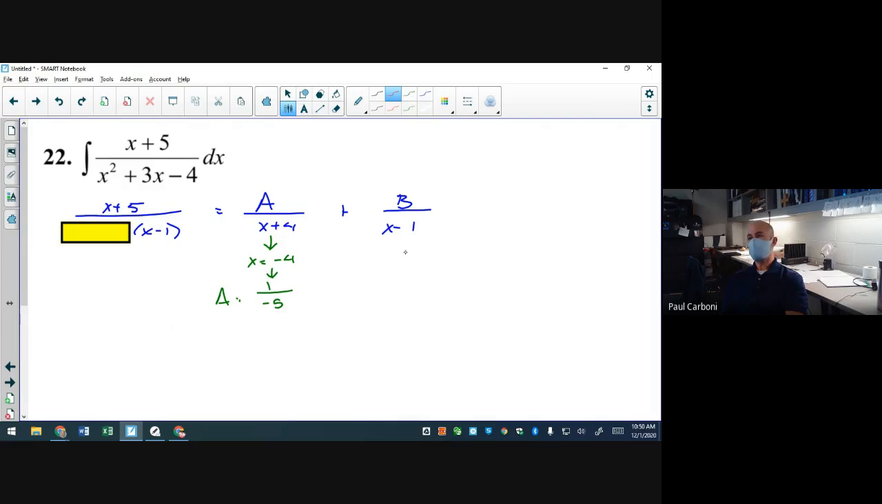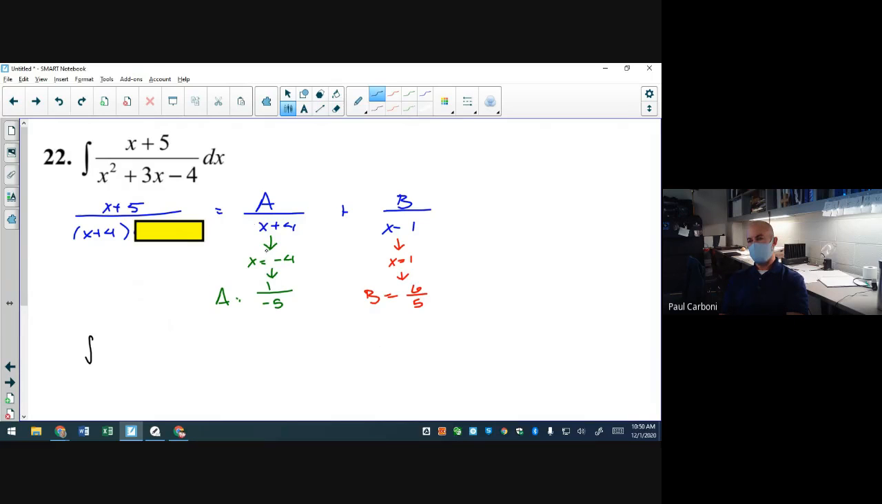Repeat for B. x equals 1 makes the factor under B equal to 0. So I go back to my original fraction, I block out the factor that is under the B, and I plug 1 into the remaining. So 1 plus 5 is 6, 1 plus 4 is 5. And so now I can rewrite my integral,